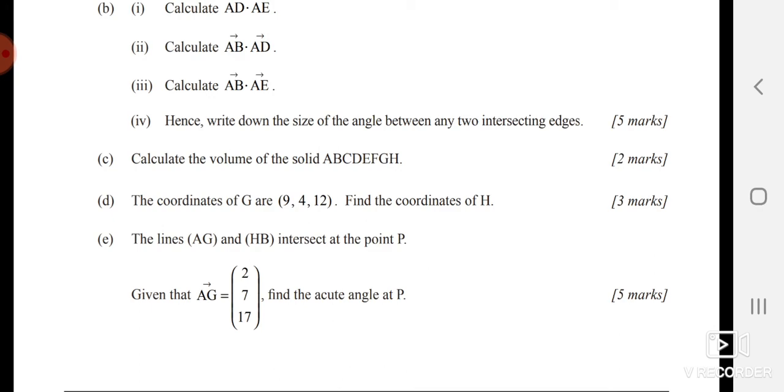The lines AG and HB intersect at point P. And given that AG is there, find the acute angle. So first you calculate the HB vector, and then take the dot product of, my dear students, HG and HB. HG dot HB is equal to HG's magnitude times HB's magnitude times cos theta, and from there you can calculate the angle